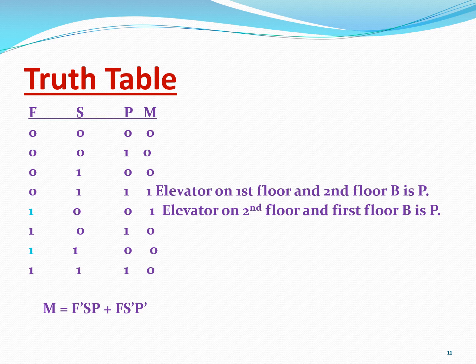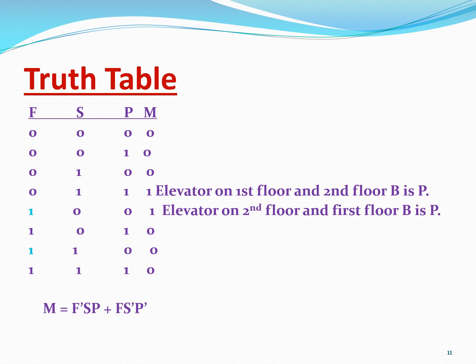Next is 1 0 1. Since P is 1, the elevator is already on the first floor and the first floor button has been pressed, so it is ambiguity, output is 0. Similarly, it is 0 1 1. Both the buttons have been pressed and the elevator is on the second floor, therefore it is ambiguity. 1 1 1. So P is 1, so the elevator is on the first floor, but then both the buttons have been pressed simultaneously, first and second. Again there is ambiguity, it is 0.